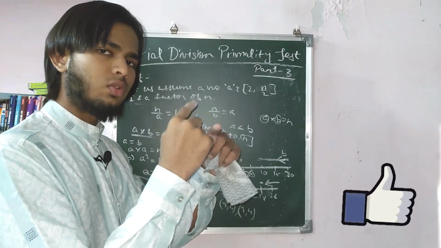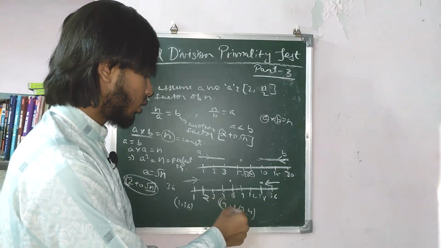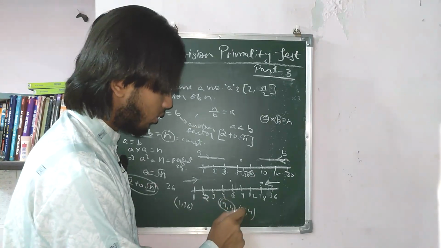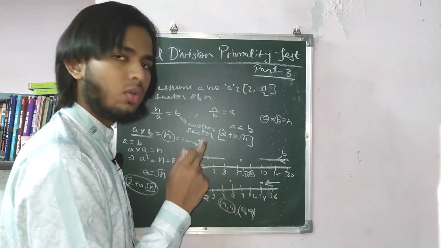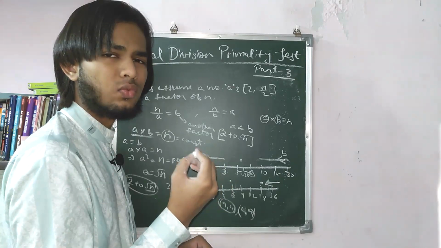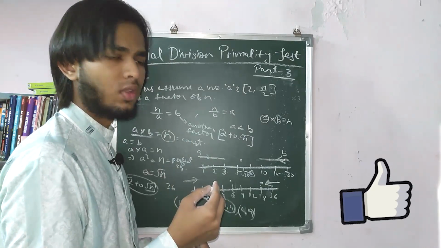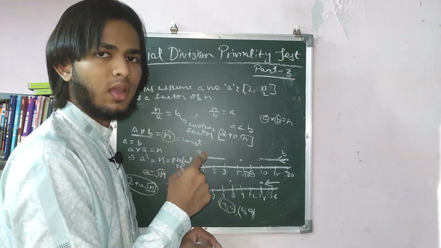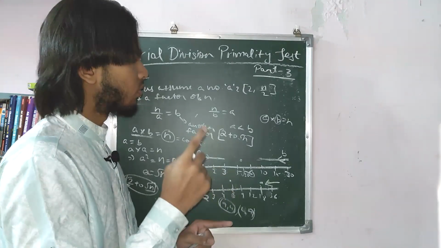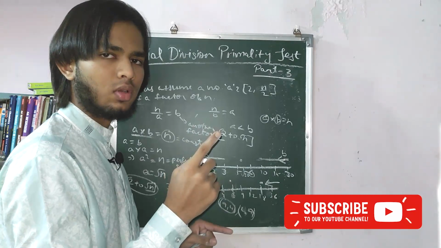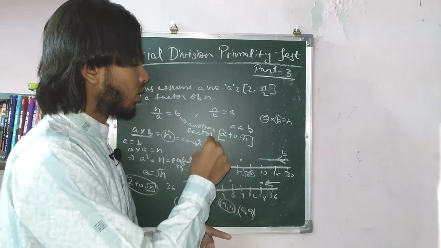we will always count 2 pairs of factors. That is, we are already counting 9, 4, and again we will also count 4, 9. So we have to count only 1, because one factor other than 1 and n is sufficient to say that a number is not a prime. So you can see this is very amazing, and it is very much time saving and effort saving also. To check if a number is prime or not, we have to only go from 2 to square root of n,